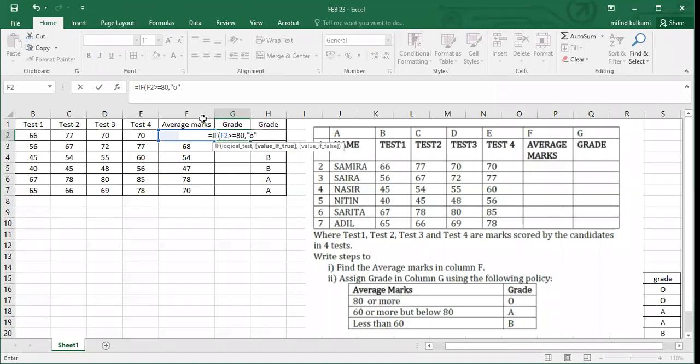Why? Is there any specific reason I am enclosing this grade O in double quotation marks? Why? Because O is your text form. That is also known as a string. A string is always enclosed by